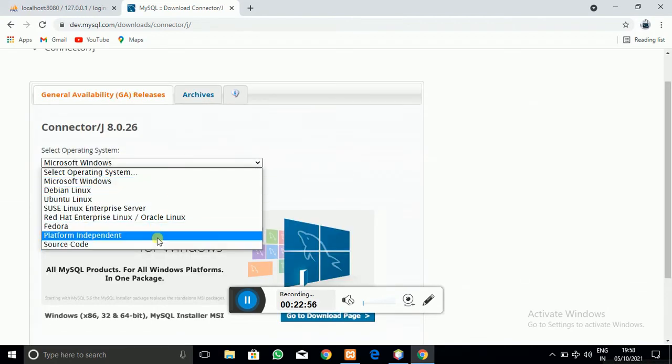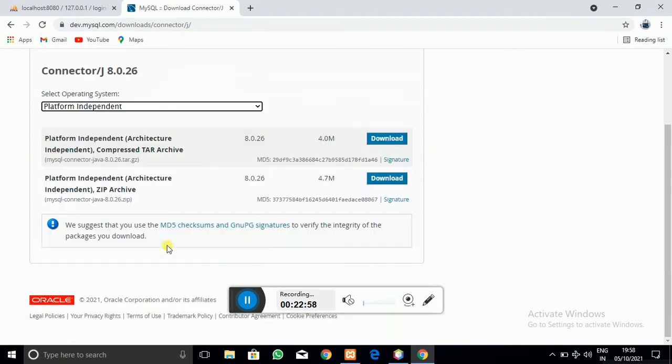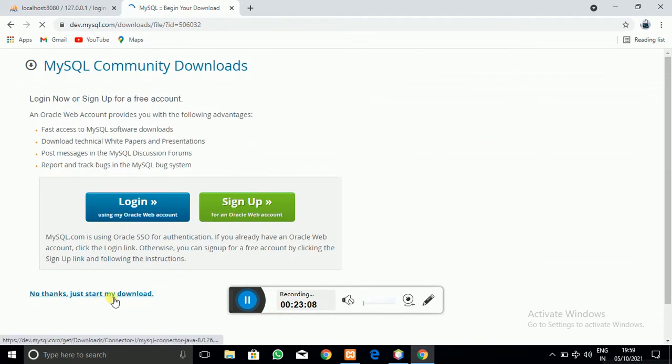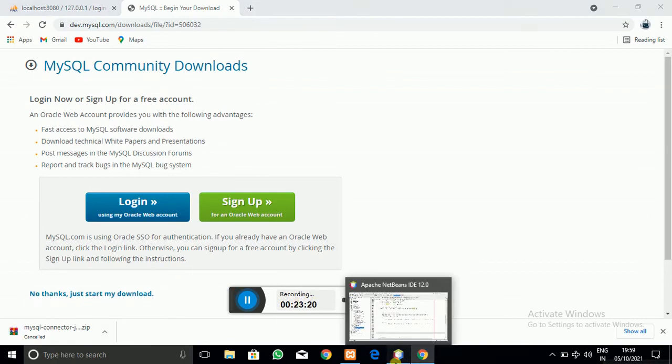Just select the operating system, platform independent, and download the zip archive file. I have already downloaded it, extracted that zip file, and added this MySQL connector to our project.